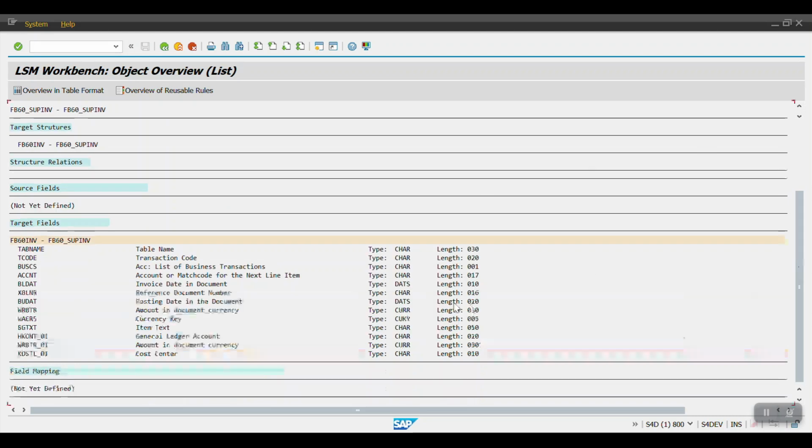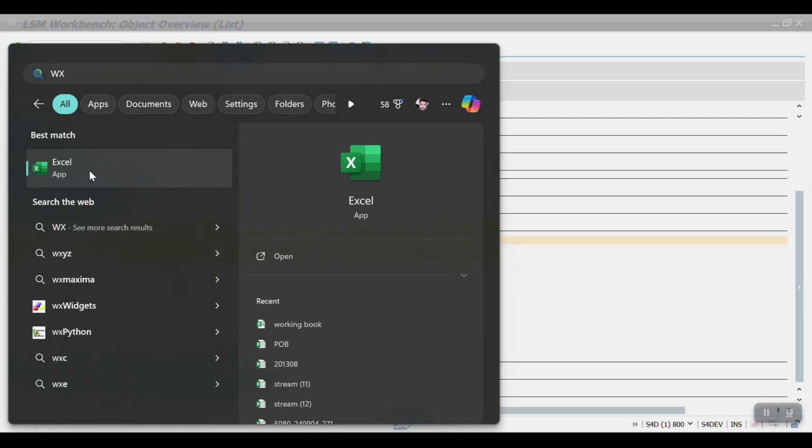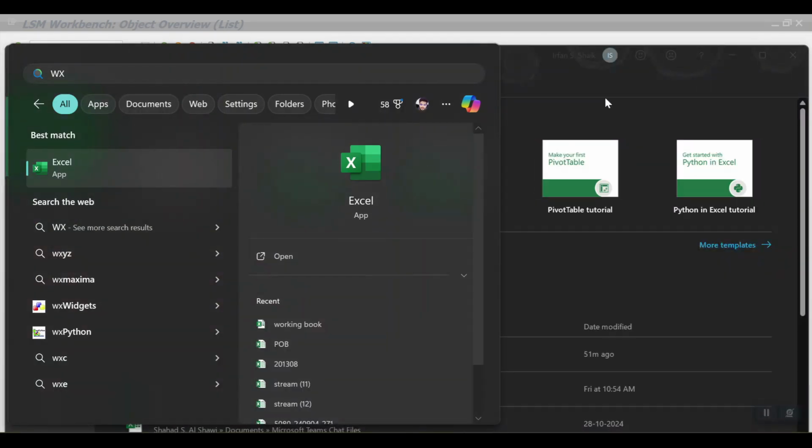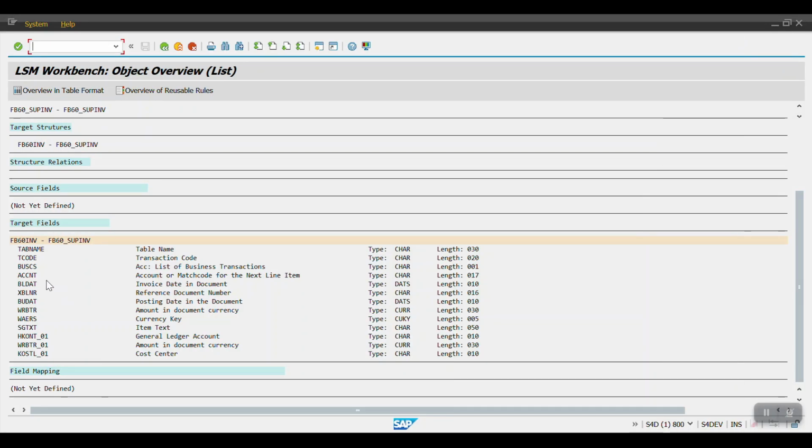Just I selected the list, and then here you can see all this information, the fields which have been recorded while performing the recording. Then after the transaction code, you need to take all the fields. Let me open one Excel file here. Okay, so after the transaction code T code, whatever the fields are there, all the fields you need to copy